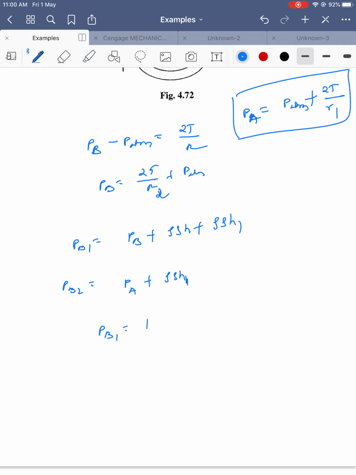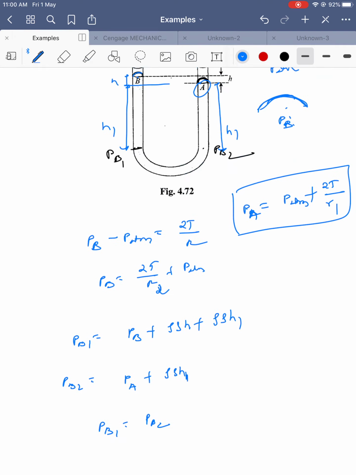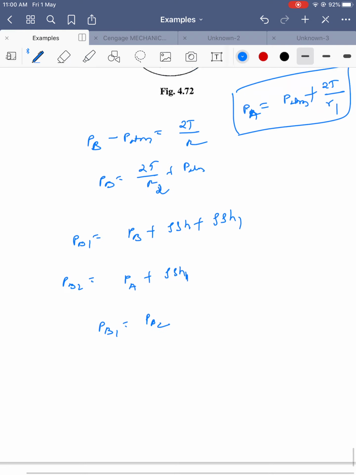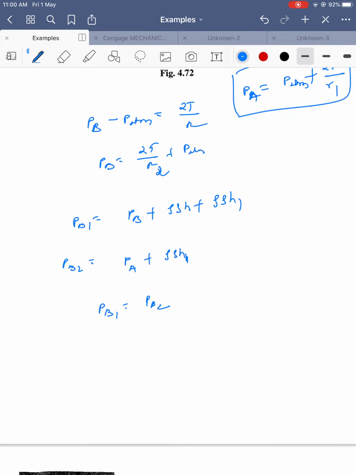pb1 is equal to pb2 because both are at the same positions. Okay, same position. If you subtract, what will happen? So pb1 is equal to pb2, so what is the pb value? pb value is nothing but p atmosphere plus 2T by r1 plus rho g small h plus